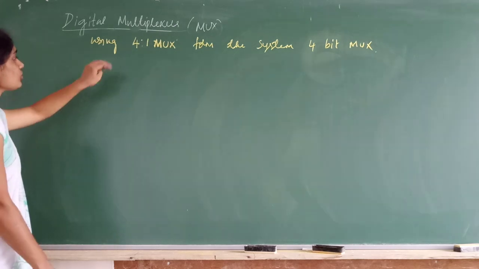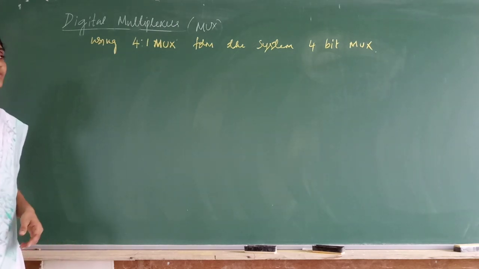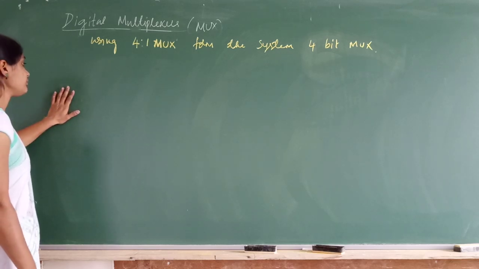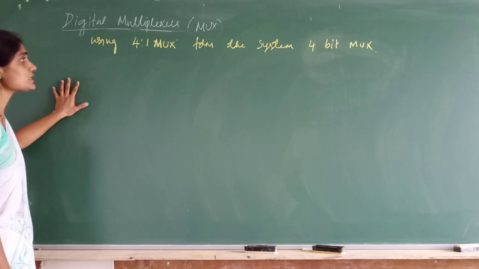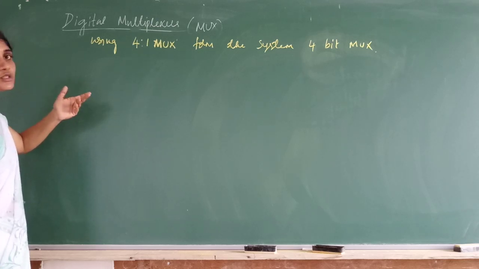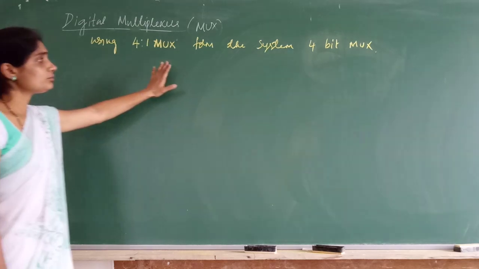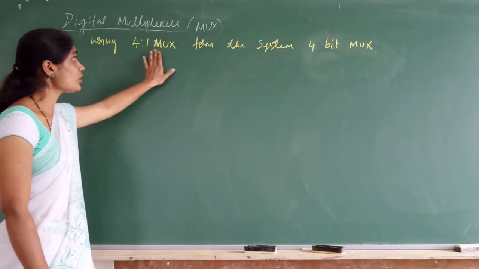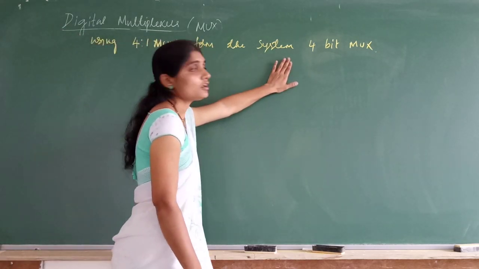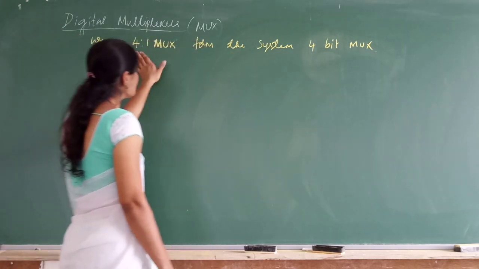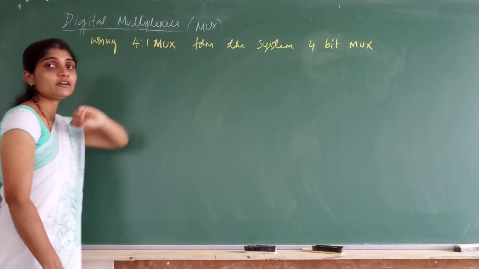For that they have told using 4:1 mux, so we design a system with 4-bit mux. Now let us see, when we have understood the logic of a multiplexer and we have the IC 4:1 mux, you can use 4:1 mux to configure a higher or a harder mux, depending on our requirement. We can just modify the mux IC according to our requirement. Now what is our requirement? I should use 4:1 mux to design a 4-bit mux. Output I should get 4-bit.